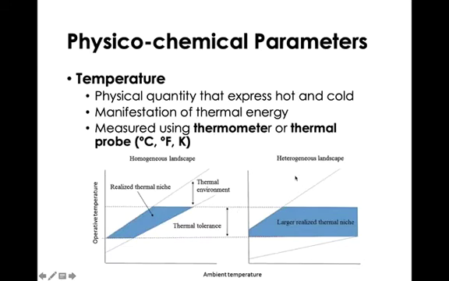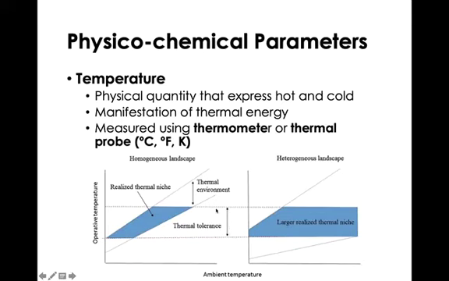in a landscape level. So you have a homogeneous landscape as depicted in this figure, and you have the heterogeneous landscape in this figure. As you can see, you have the ambient temperature at the lower part, or at the horizontal part, and you have the operative temperature. For a homogeneous landscape, ibig sabihin po ng homogeneous landscape, there is uniformity in terms of the composition of the organism, or in terms of the type of vegetation. As you can see, this is the thermal tolerance, which is related to Shelford's law of tolerance.